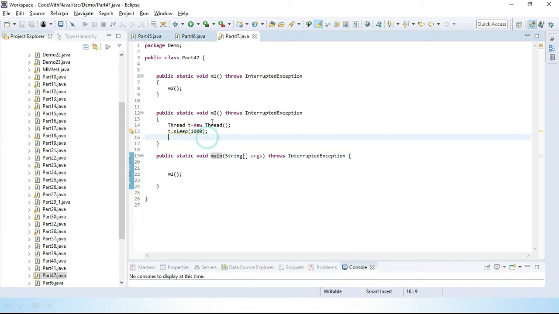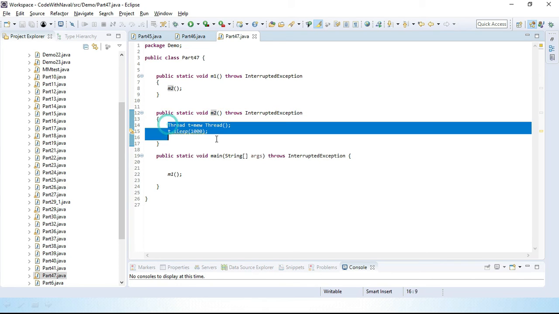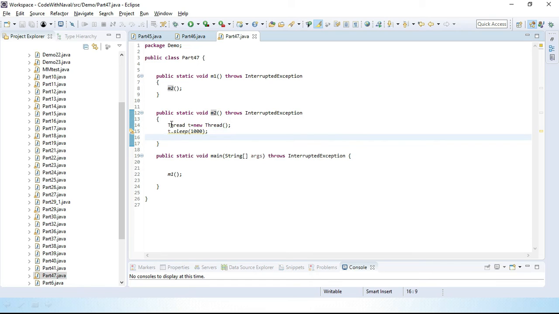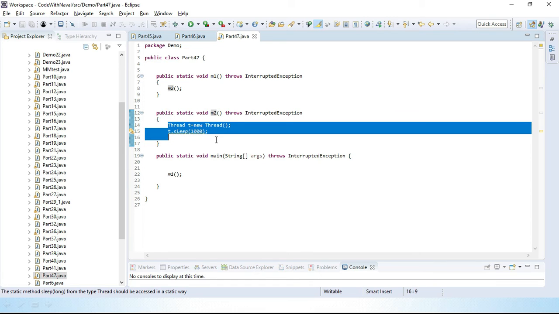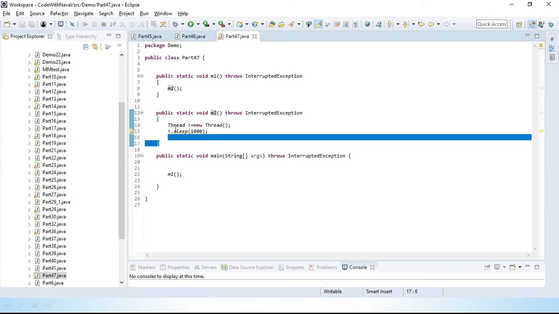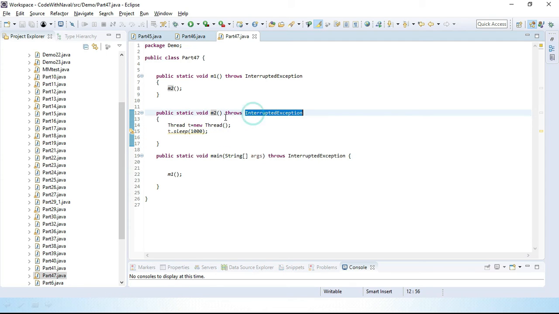Here you can see we declared three methods. In the m2 method we added some exceptional code, but there we don't want to handle that exception. We simply delegate it, and we call this m2 method inside the m1 method. Here also we got the option to add a try catch block and handle that error there only.